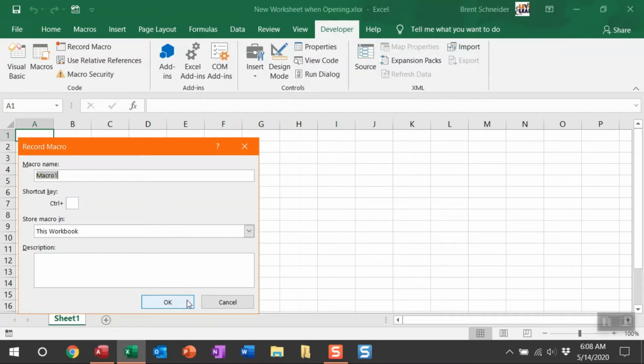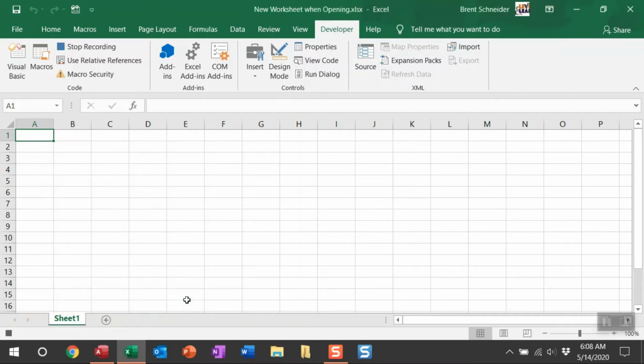You can go ahead and click OK, and now the macro recorder is recording, and the only action I want you to fire for this tutorial is the new sheet action. You can select that and see a new sheet appear, and then navigate back up and stop the recording. That's it. So then what we're going to do is navigate into Visual Basic,